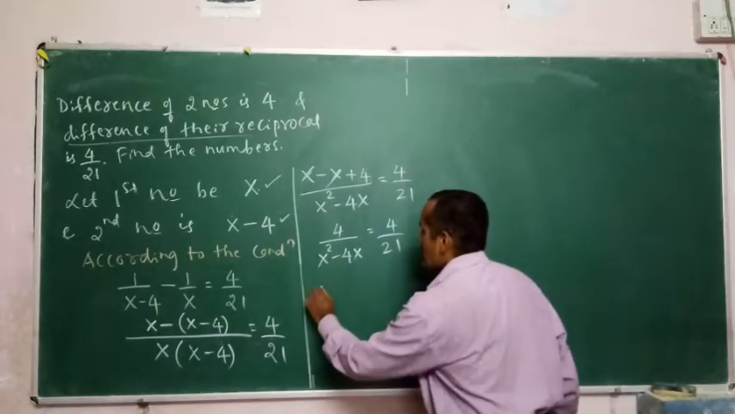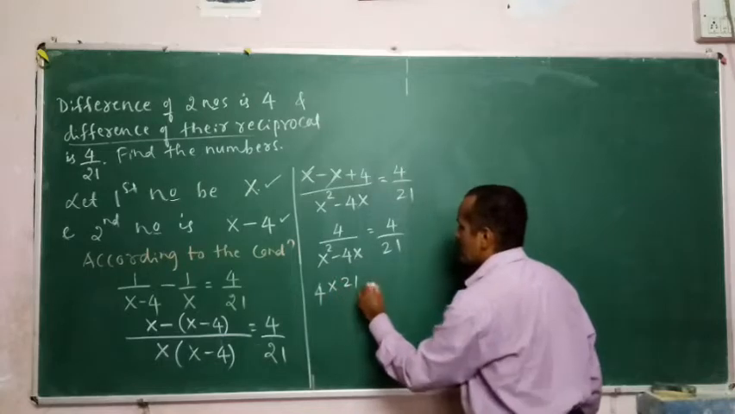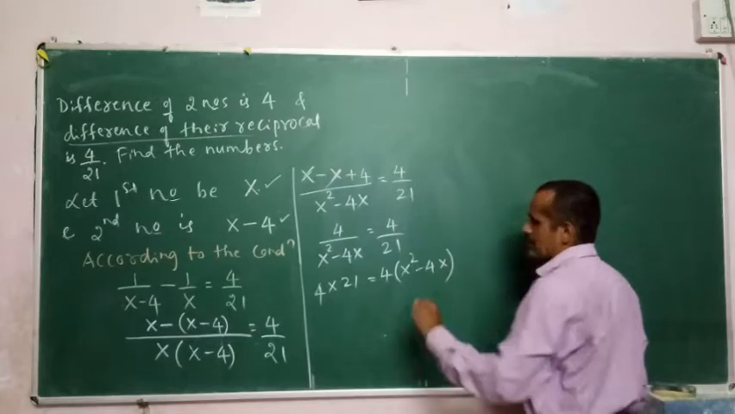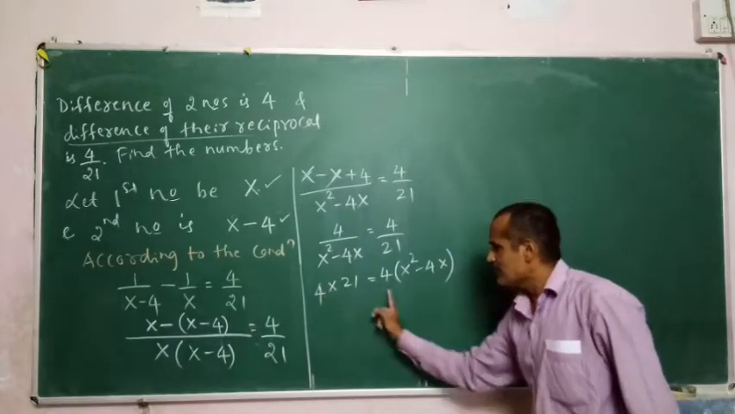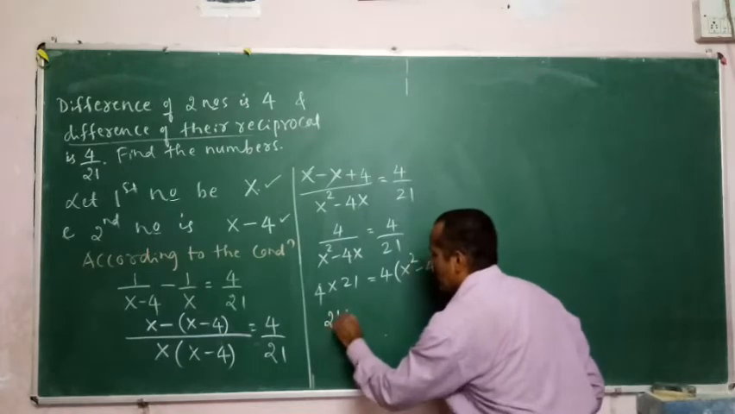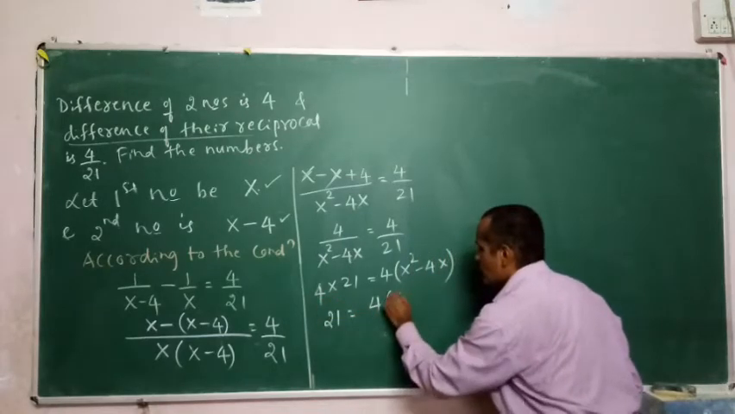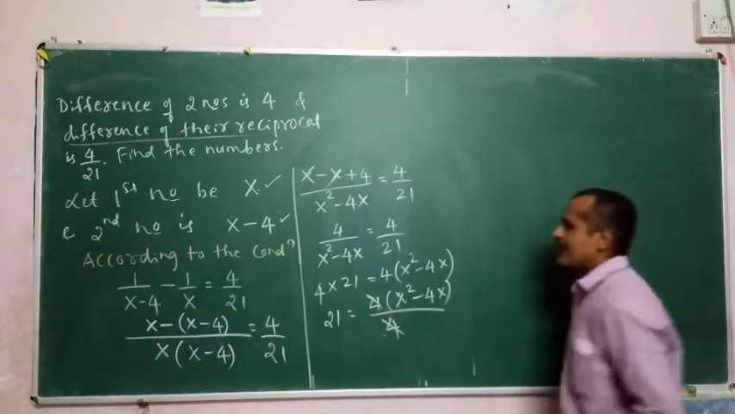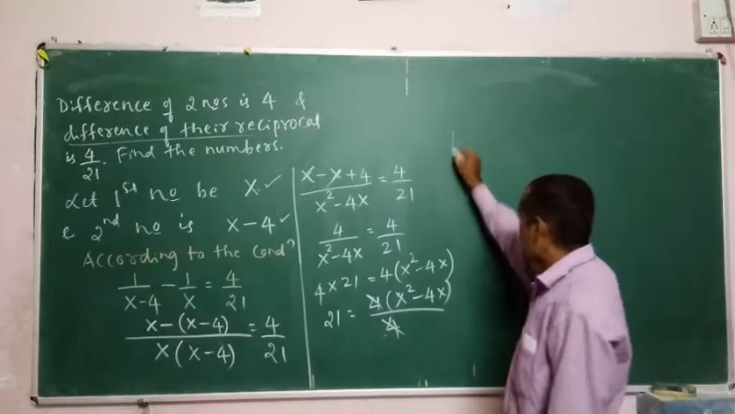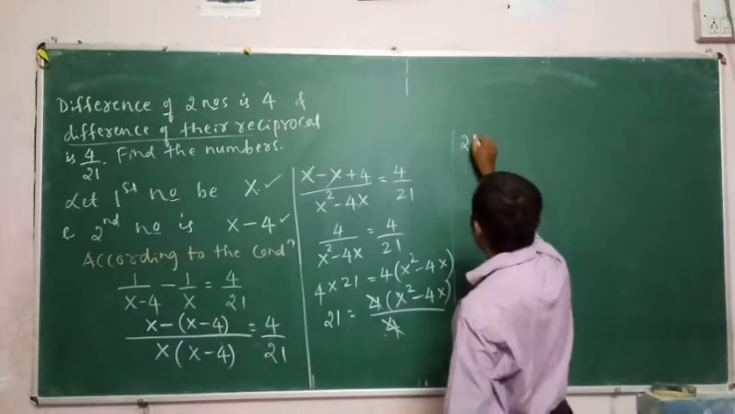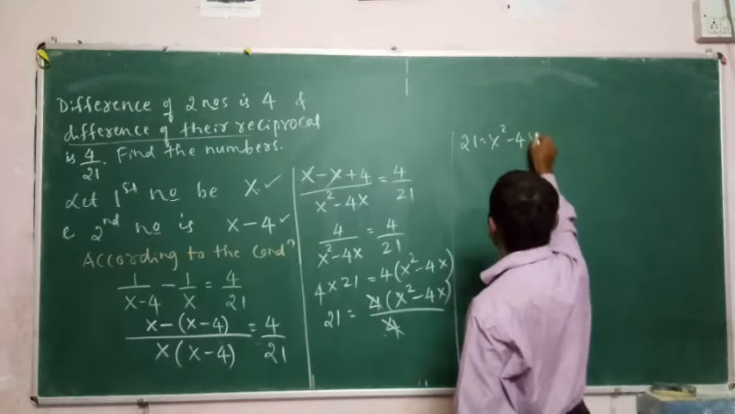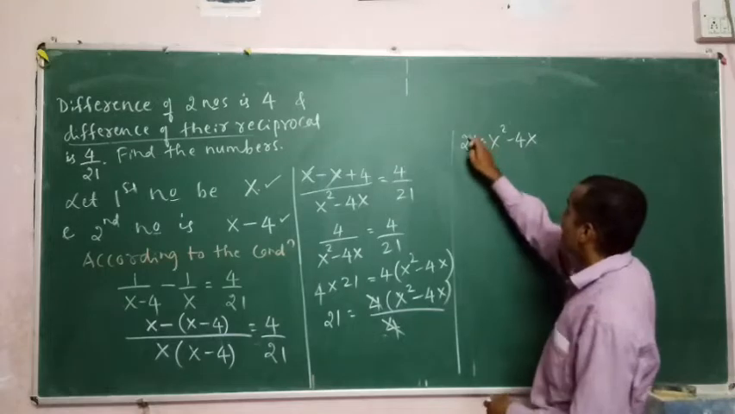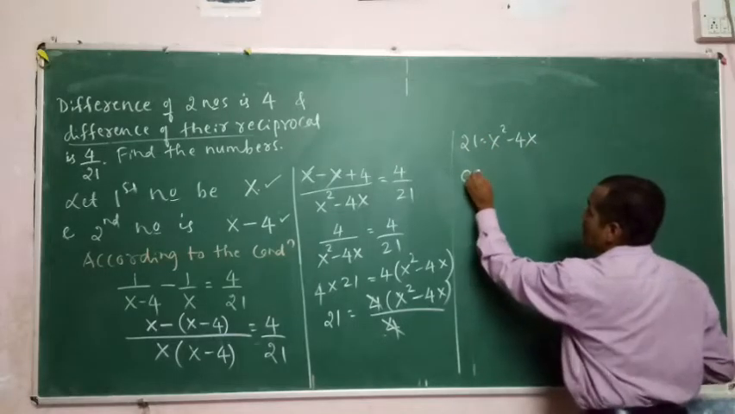It is 4 into 21 is equals to 4 into x square minus 4x. I will not multiply. I will bring it to the denominator. See, 21 is equals to 4 into x square minus 4x divided by 4 gets cancelled. Okay? And I can write down 21 is equals to x square minus 4x. X square minus 4x, I will bring it to the LHS. Sorry, I will bring it to the RHS. And I can write 0 is equals to